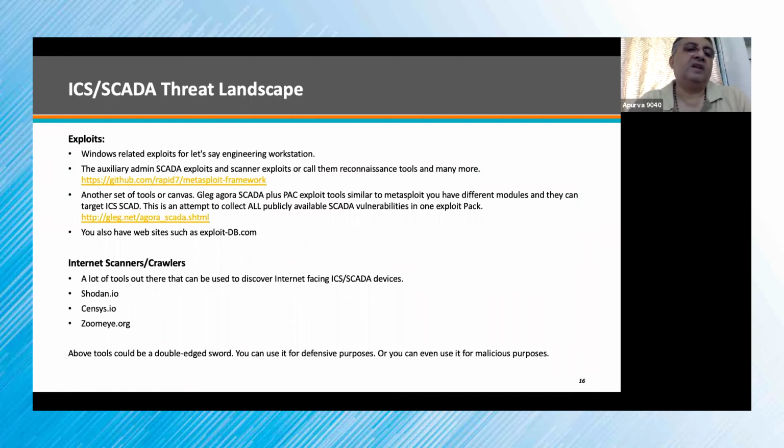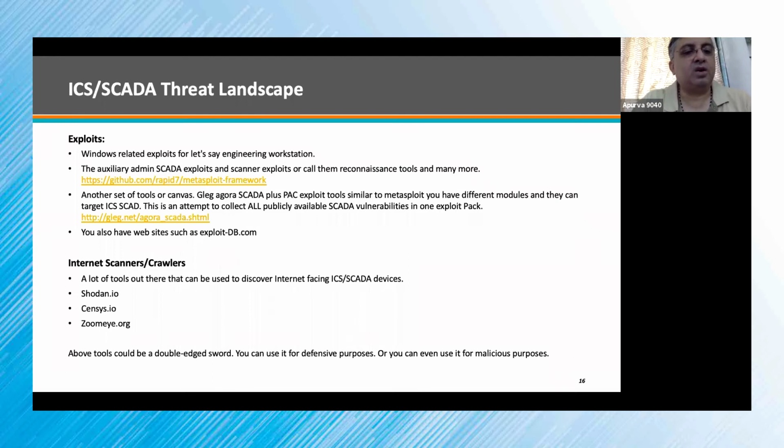And finally, you have Exploit-DB, where you can go and search for the exploits available for a particular system. If you are using Siemens or Suzlon or ABB SCADA systems, you can go and find out that for this model number, these are the vulnerabilities available, and this is how I can exploit it. So how do I fix it? And on the internet, a lot of tools are out there which are available.